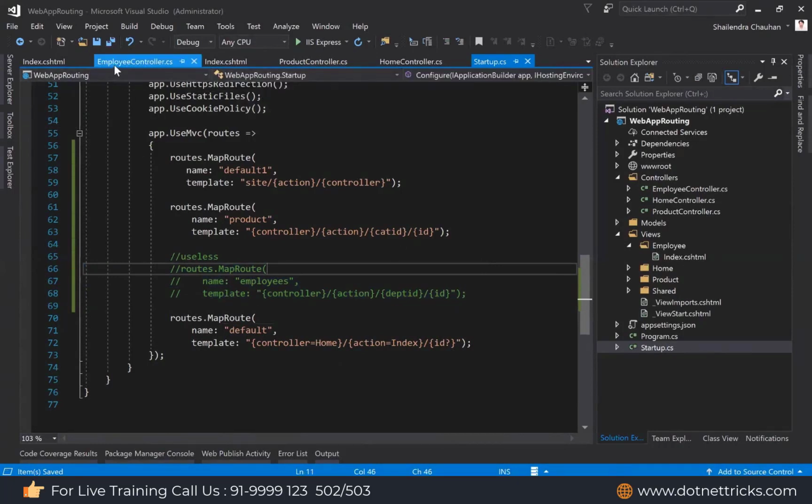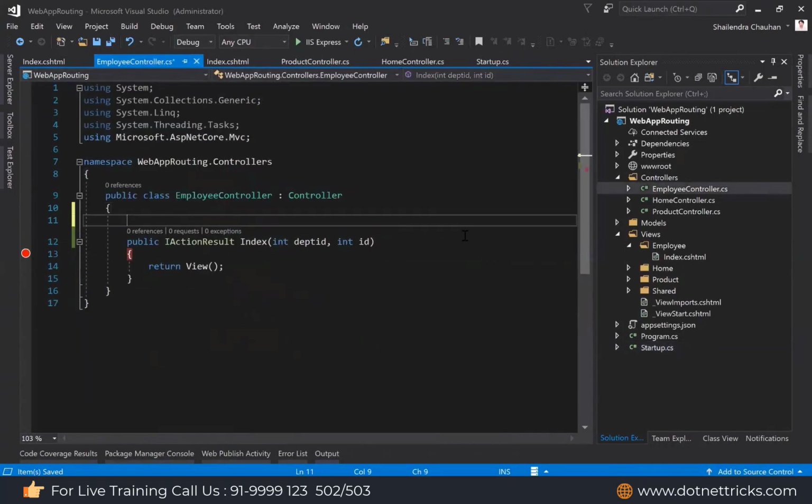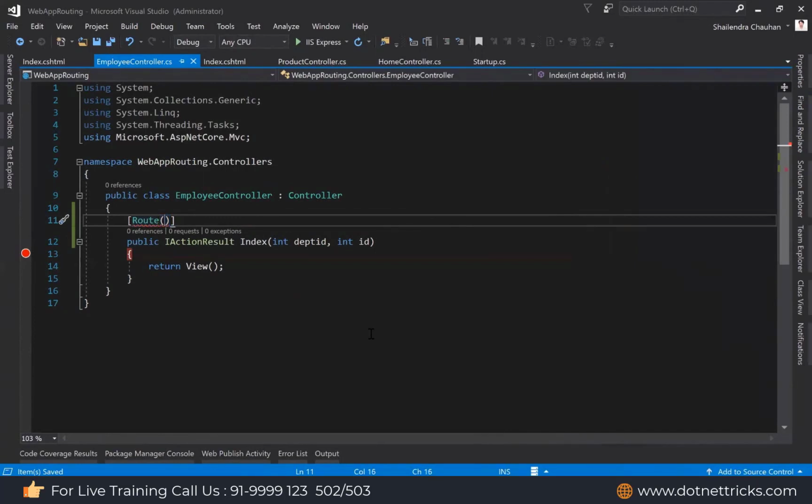Using attribute routing, I can access my parameter name with the same value. I'm just defining a route, and the route defines your route pattern. Let's say I'm passing the controller name as employee, index, then dpt id, and then id.